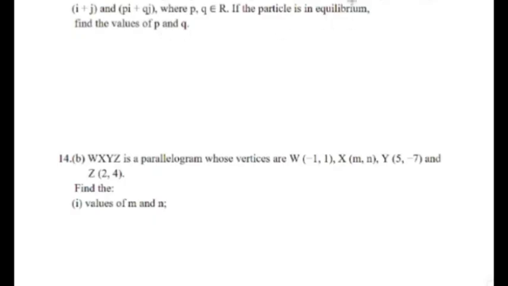Now, what do we do? We observe that if this system is in equilibrium, then the horizontal forces add up to 0 and the vertical forces add up to 0 also. So we're going to do exactly that. For the horizontal forces, these are the i values, this and this and this. So I'm going to say horizontal forces